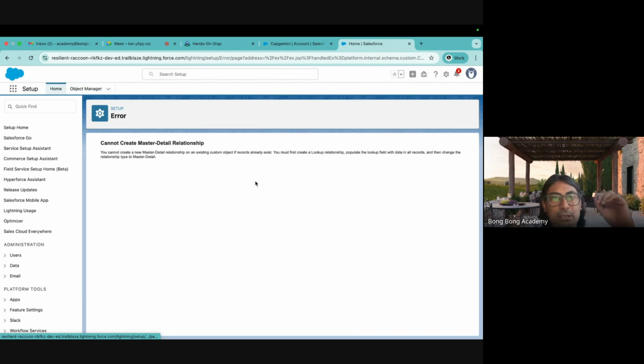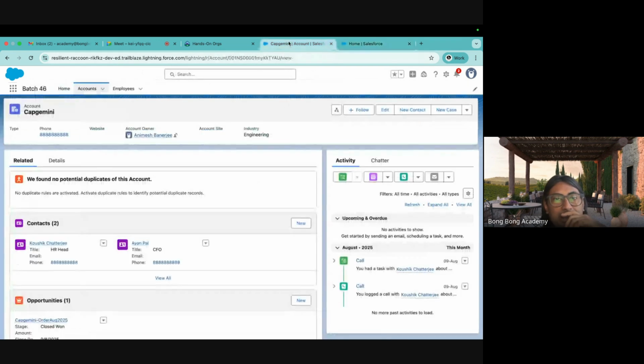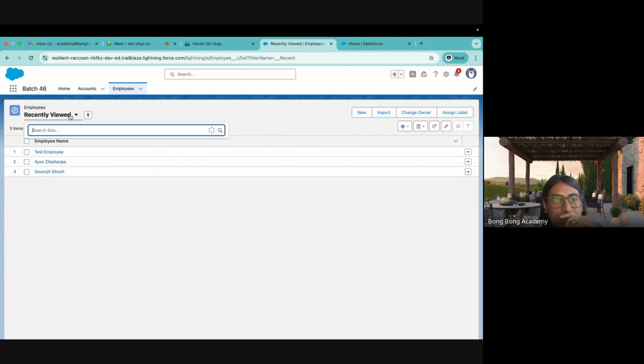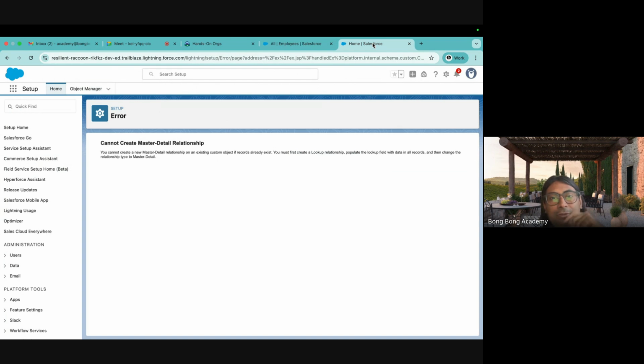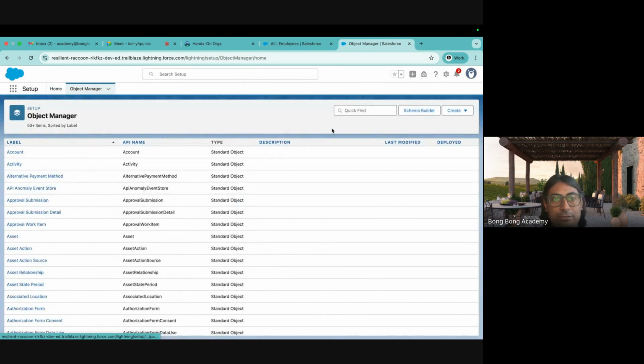Whenever you save, you will be facing an error. Why are you facing this error? Because there are basically field values wherein this is empty, right? But it's a mandatory field. So it is saying that either you delete these records or put some values in these records, then make it mandatory, then change it to master detail. Okay. So I will put some values here. Save it. Now if I go ahead and try to change the employee field,